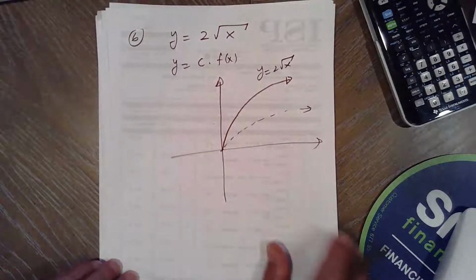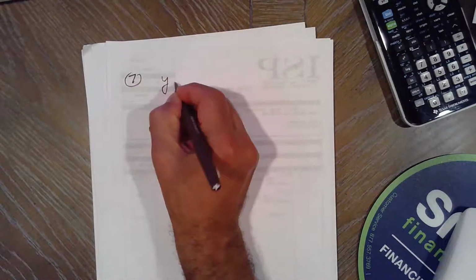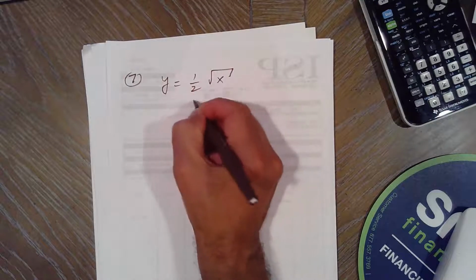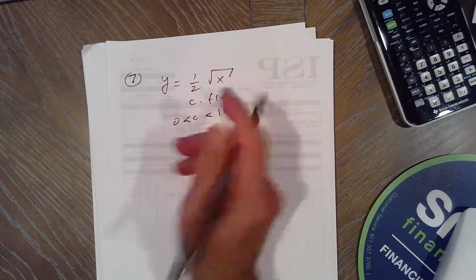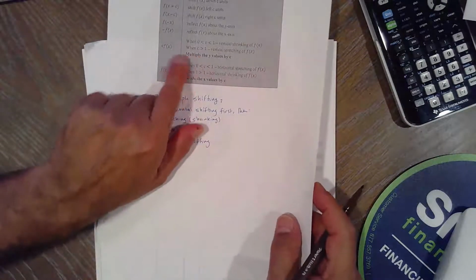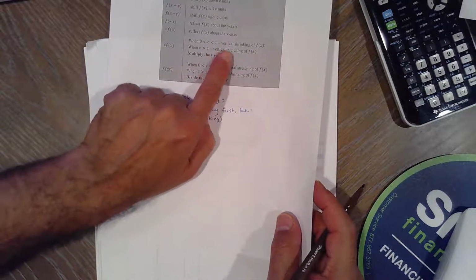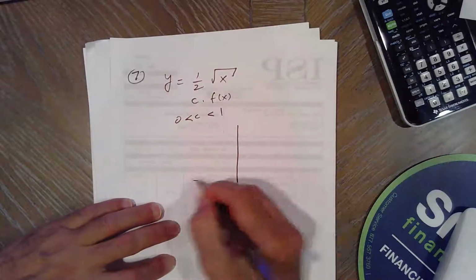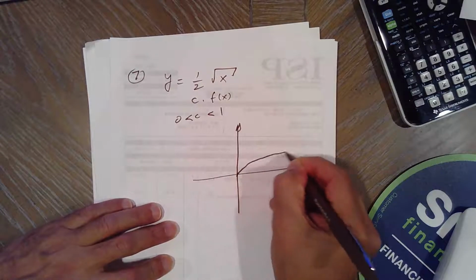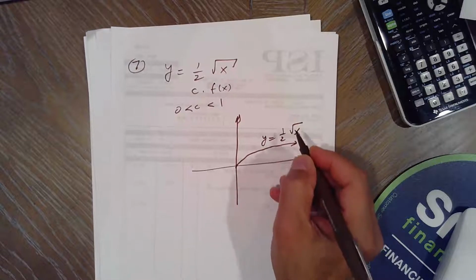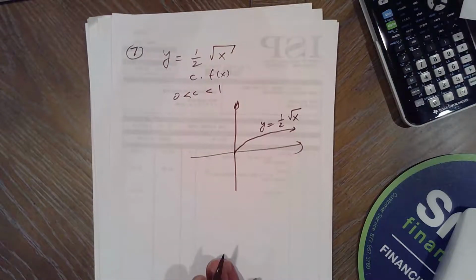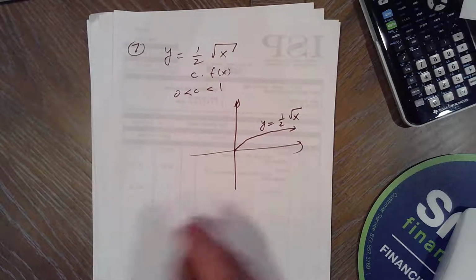And if you have number 7, y equals 1/2 root x, that's c f of x, but c is between 0 and 1. Then you have vertical shrinking of f of x, so it's going to go like this, shrunk by 1/2. And number 8,